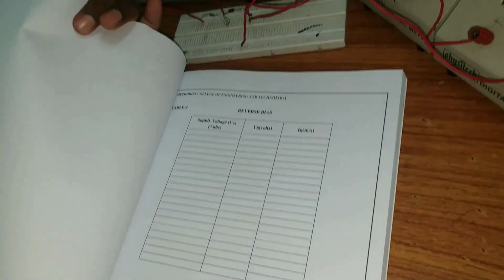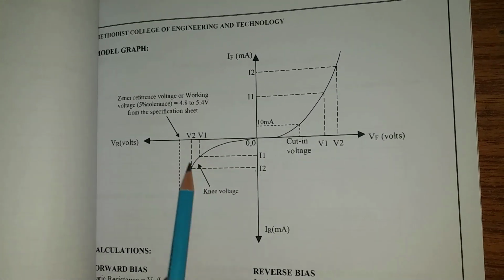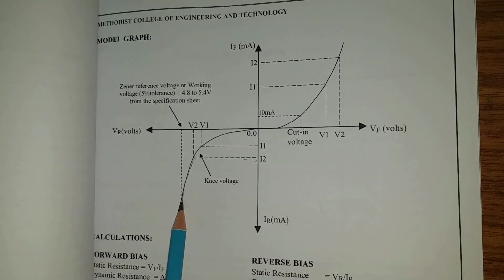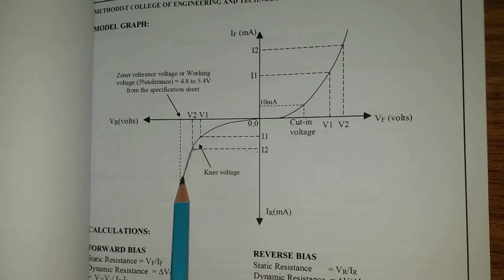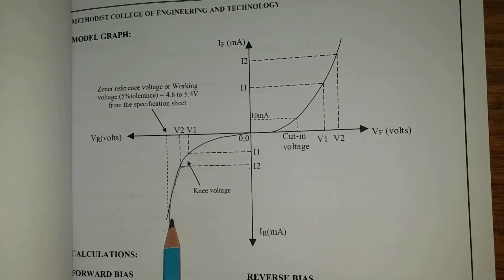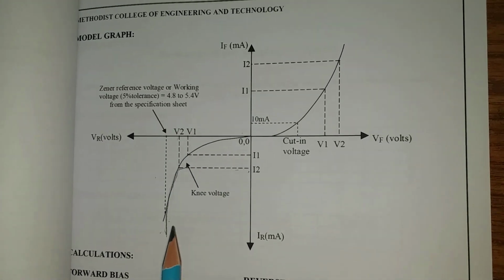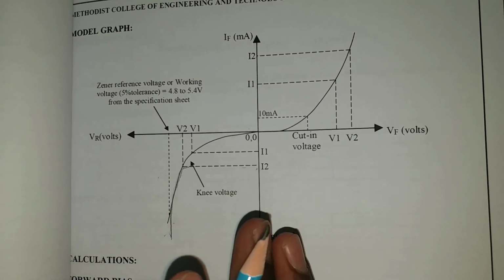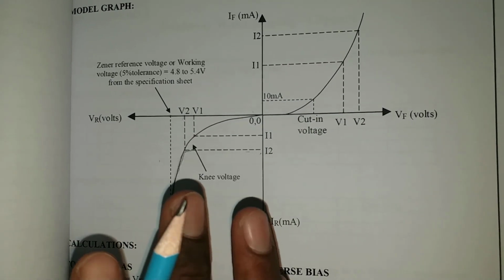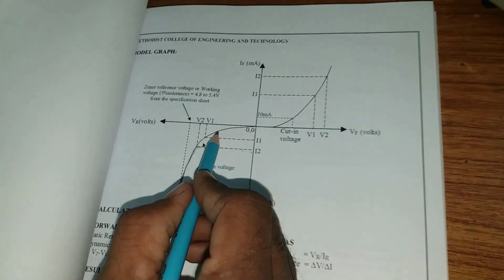One more change is that in the Zener diode we will get the breakdown condition. In the PN diode, you don't have this breakdown condition. This part you won't get in the PN diode, but in the Zener diode you will get this condition. The variation is also the same, 1 to 15. How we vary the supply voltage and take the readings is the same procedure we followed for the PN diode junction. So here we will have the breakdown condition.